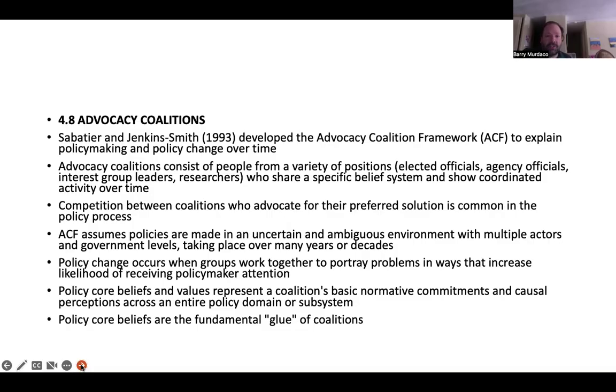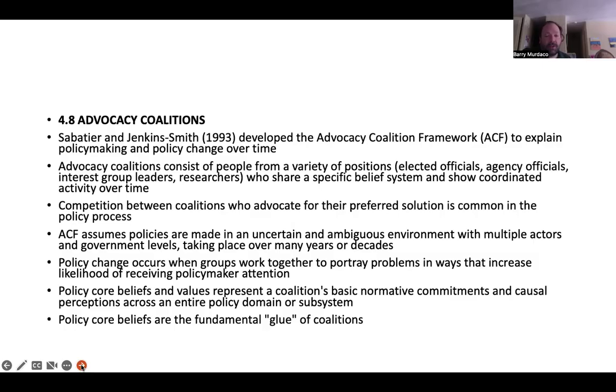Advocacy coalitions consist of people from a variety of positions, elected officials, agency officials, interest group leaders, researchers who share a specific belief system and show coordinated activity over time. Competition between coalitions who advocate for their preferred solution is common in the policy process. ACF assumes policies are made in an uncertain and ambiguous environment with multiple actors and government levels taking place over many years or decades. Policy changes occur when groups work together to portray problems in ways that increase likelihood of